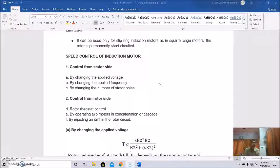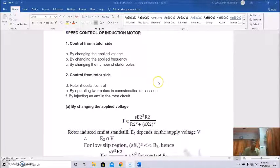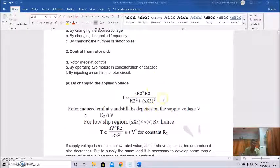The first method is by changing the applied voltage. See, if we look at the torque equation of the three-phase induction motor, we can find that the torque is directly proportional to S E2 square R2 by R2 square plus (S X2) whole square. You know all these parameters: T is the torque, S is the slip, E2 is the rotor induced EMF at standstill, and R2 is the rotor circuit resistance, X2 is the rotor circuit reactance, and S is the slip, as I